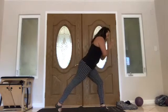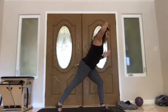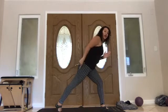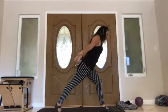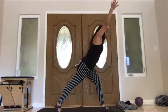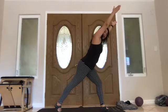Lift your left heel, take an inhale. As you exhale, turn towards your right. Find your incline lunge, your straight line from the top of your head, out your left heel. Take your hands down by the side of your body. Reach your hands out and around, over your head, like you're reaching for the opposite side of the room,